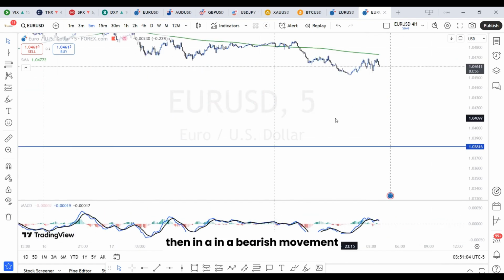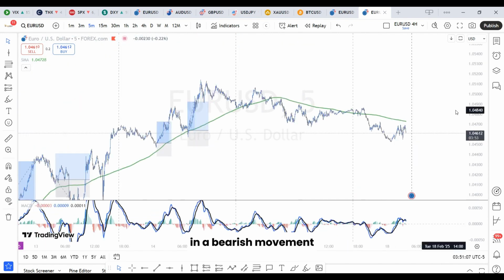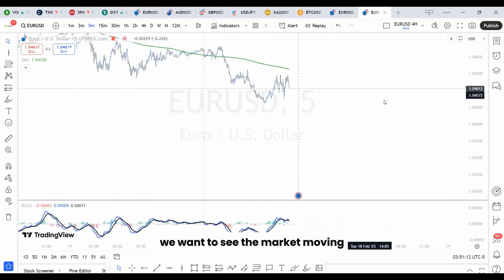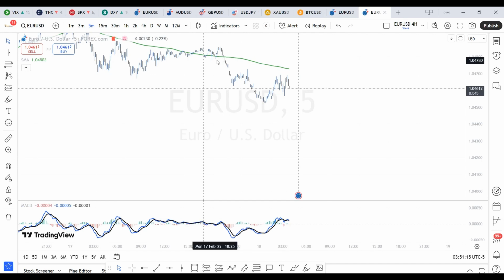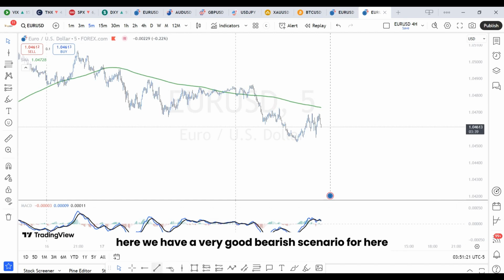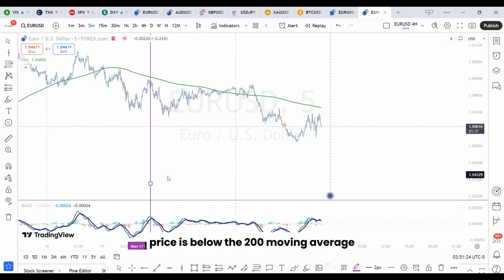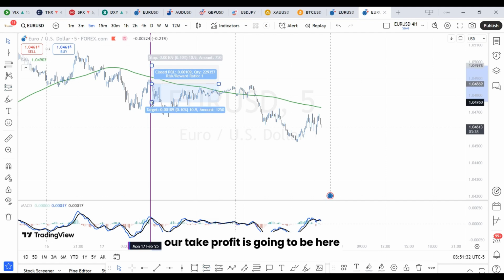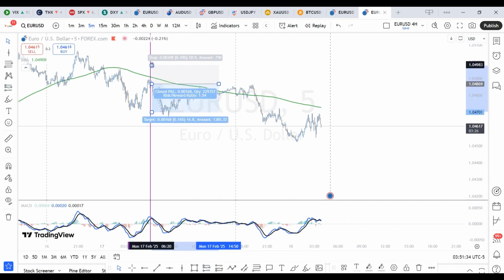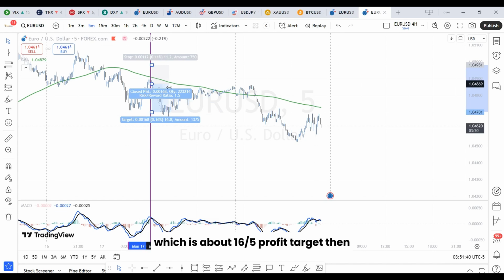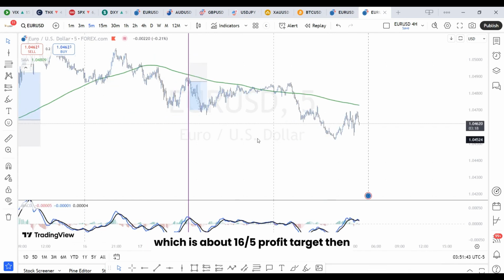Then in a bearish movement, the same thing we want to see. For example, here we want to see the market moving, price is below the 200 moving average. For example, here we have a very good bearish scenario. Price is below the 200 moving average, and we can see that the MACD is crossing below, and we want to take this trade here. Our take profit is going to be here, so our stop loss is going to be 1:5 risk to reward around here, and we would have gotten this good entry, which is about 16 pips profit target. Then